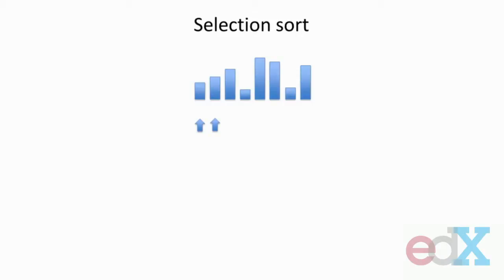We then take a second marker at the next point in the list, and we keep scanning down, checking to see where's the smallest thing that we've seen in the list, which happens to be here. When we get to the end of the list, knowing that that's the smallest thing, we swap those 2 elements, and then we move the marker up one, start our checking point at the next one, and again scan down